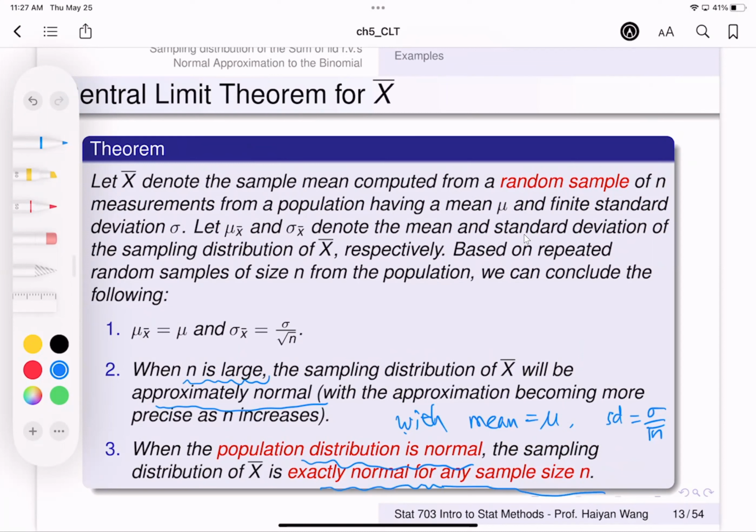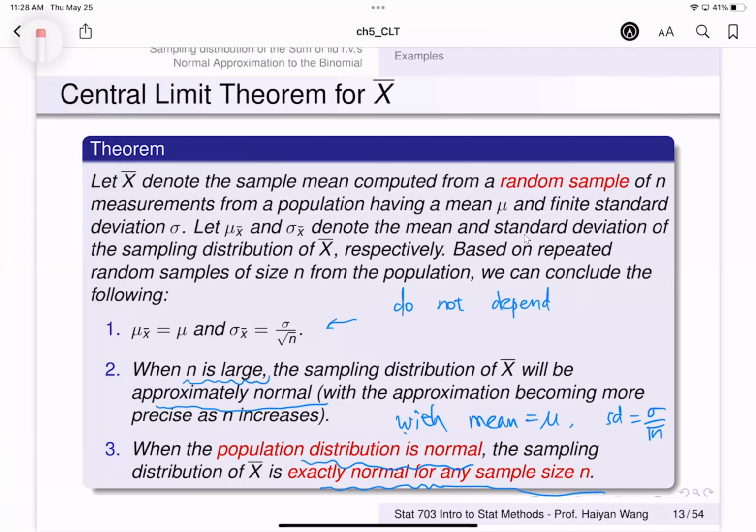Whether you have a sample size of 1, 2 or 3, and so on, the average would always be normally distributed and has the same mean and standard deviation sigma over square root of n. These are fixed values